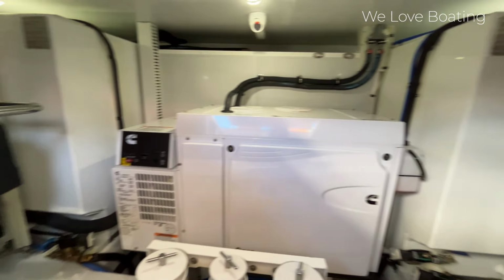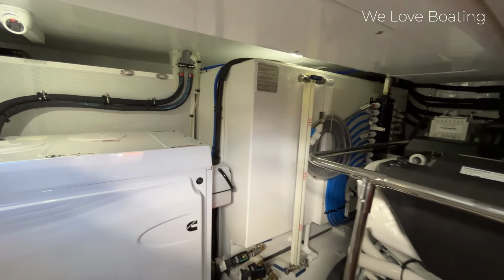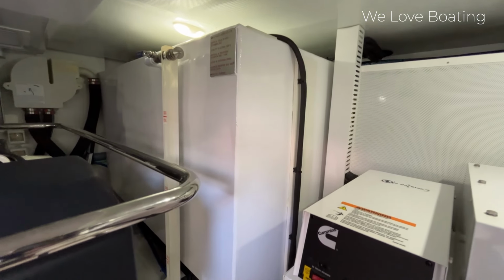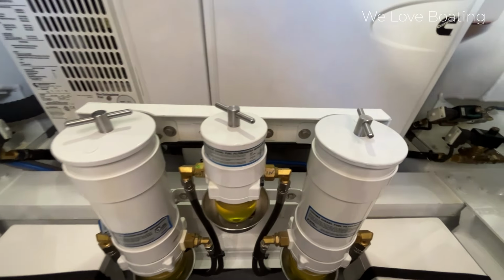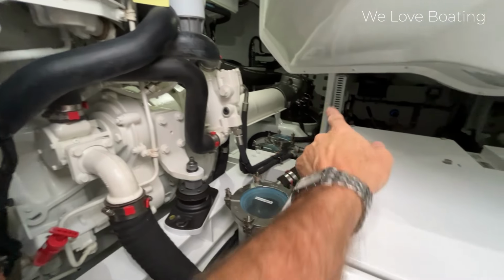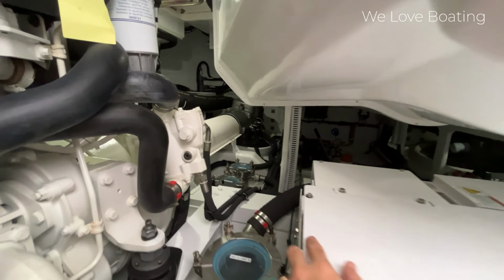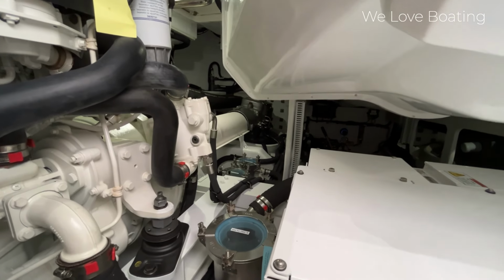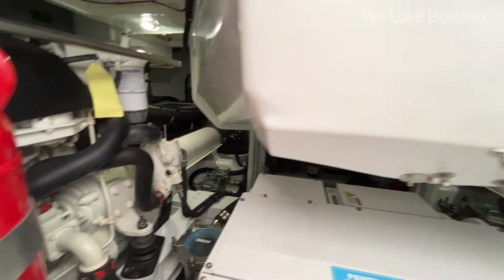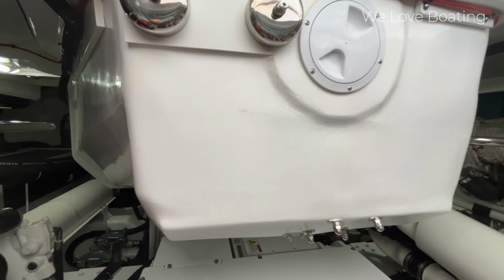on screen. In terms of what else we can see here, we've got the generators, the fuel tanks, both of those just there. Just in front of me, we've got the filtration systems over there, the Dometic air conditioning through there. And you can see the shafts that come out of the engines down into those IPS pods there. So these engines are positioned a little more forward, which gives the boat a little bit more balance. And of course, ahead of me here is the tender garage, and this will take comfortably a 3 meter